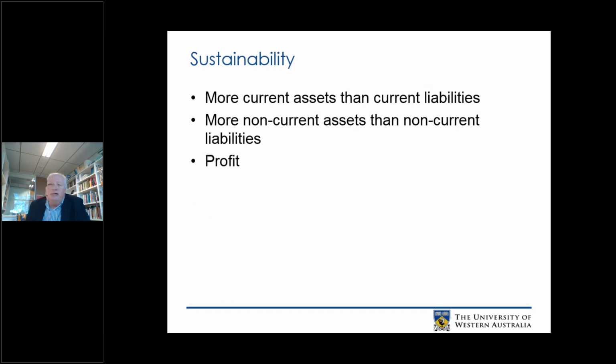Final point here that is important is in relation to profit. Now, we discussed profit in last year's presentation when we talked about governance of not-for-profit organisations, and it's really important to remember that not-for-profit organisations are called not-for-profit because they're unable to distribute profits to members. They're not intended to not make a profit, and indeed, to be sustainable, to build a balance sheet, profit is part of that capacity. Your balance sheet will not get stronger if you don't create profit. However, there's a couple of things about that that are important.